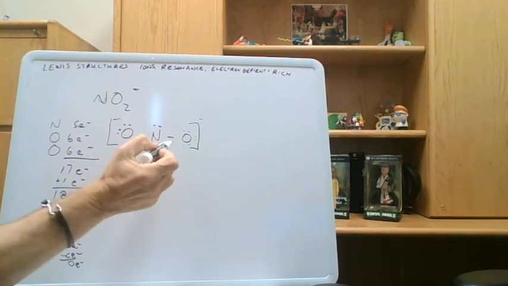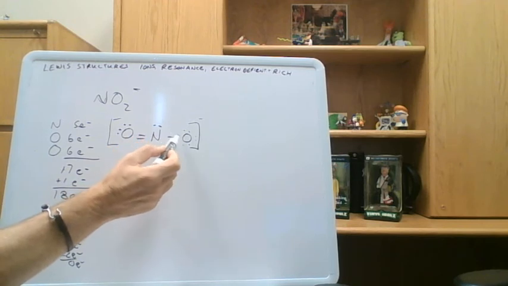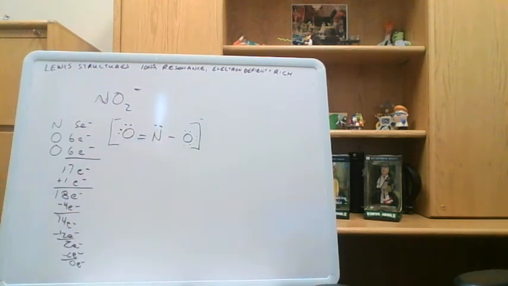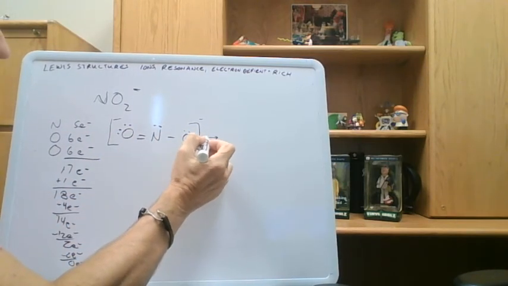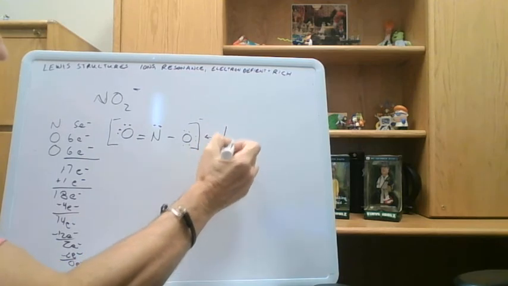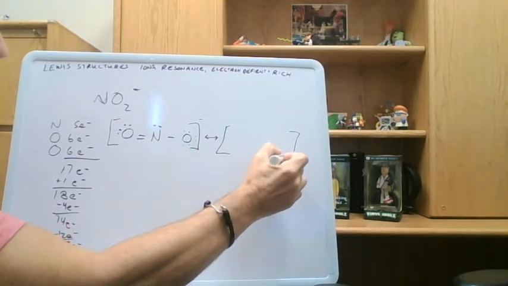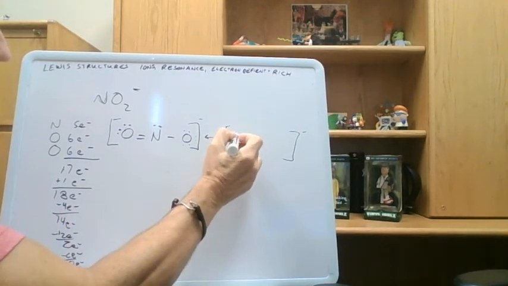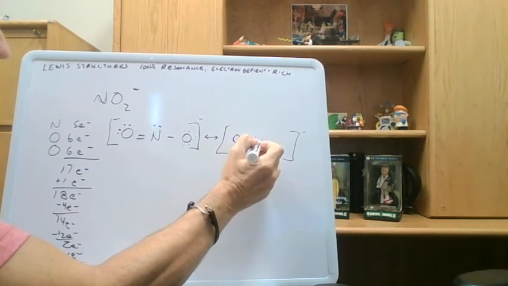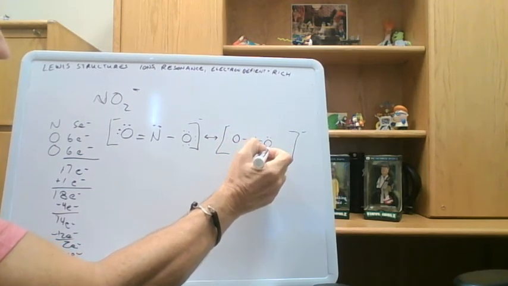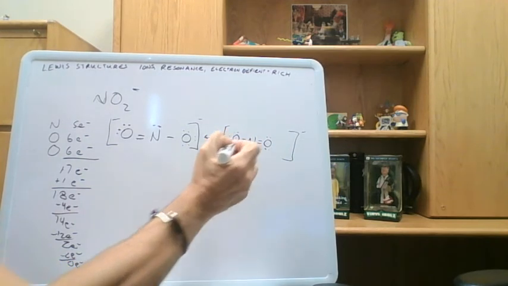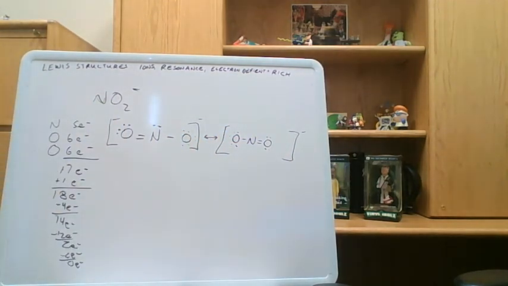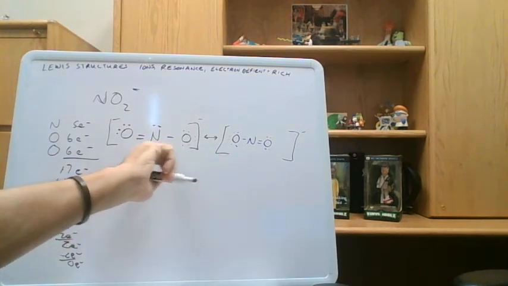But you might ask yourself, well, why is the double bond here and not here? Because both of those oxygens are equivalent. And it's a perfectly good question because those are equivalent. So what we'd have to do is draw another structure here where we have the negative bond on the other side. And this would be how we would draw those resonance structures, saying that it could be in one of these